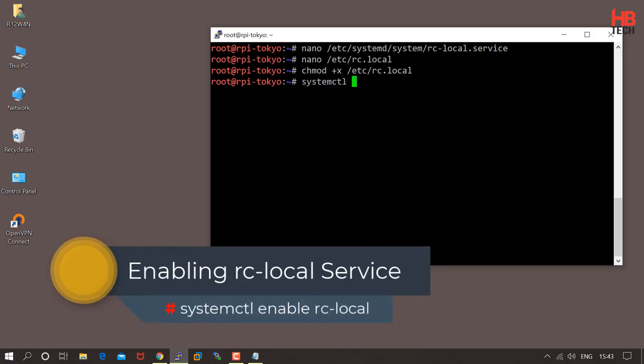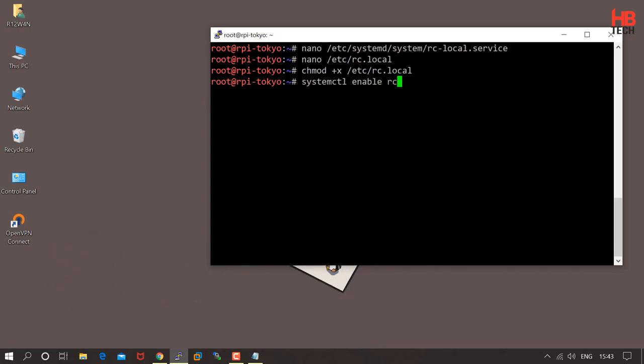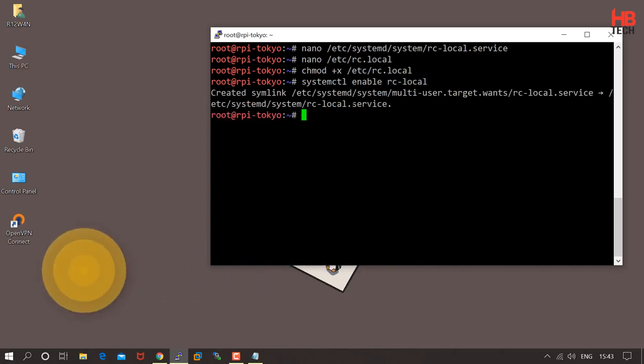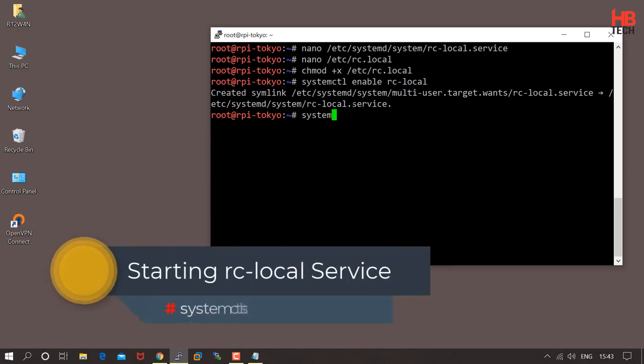To start the rc-local service at boot, type systemctl enable rc-local. To start the service, type systemctl start rc-local.